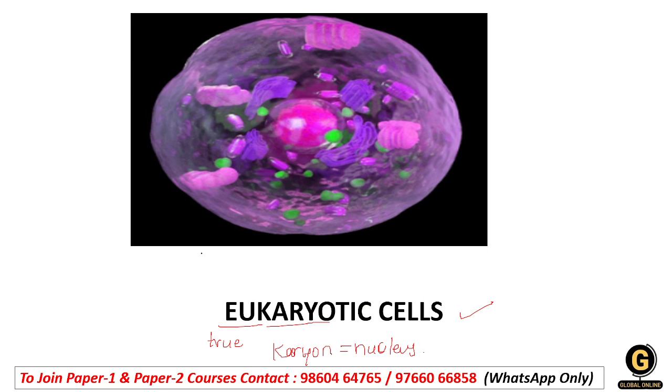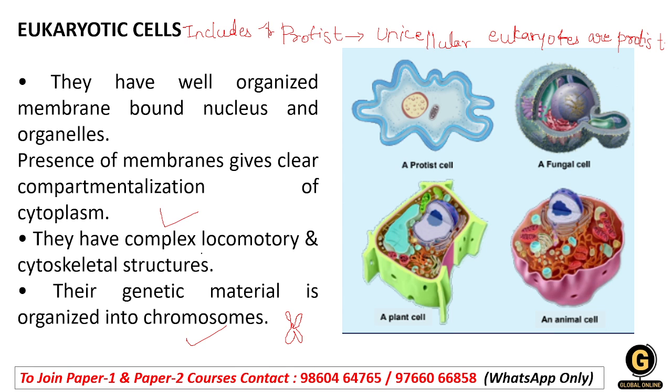First of all, we saw what is a eukaryotic cell. Eukaryotic cells are the true cells which have a true nucleus in them. Next, they include protists. How are they? They have a well organized membrane-bound nucleus and organelles. Yes, they show compartmentalization. They have complex locomotory and cytoskeletal structures, and the genetic material is organized in the form